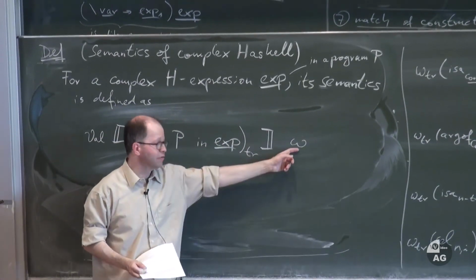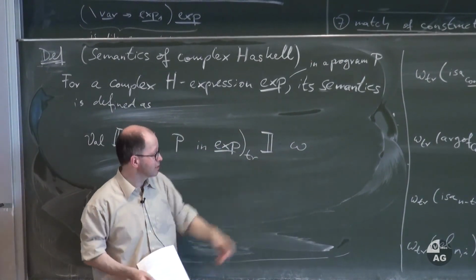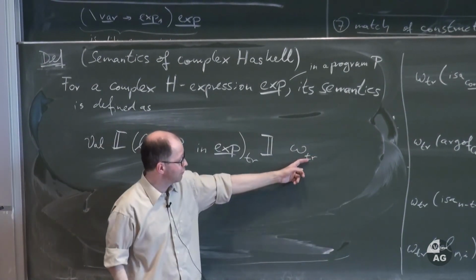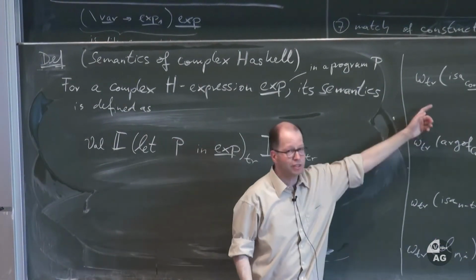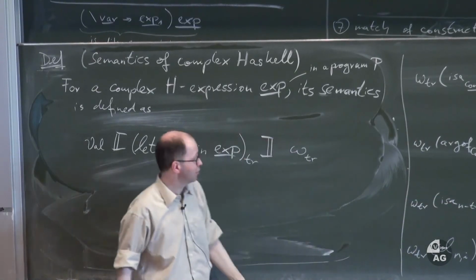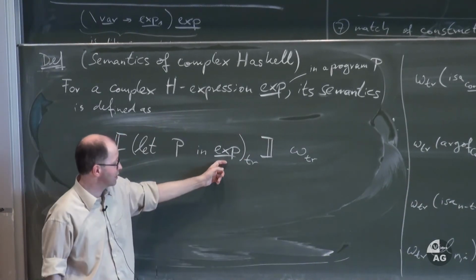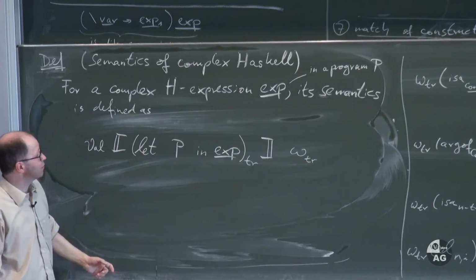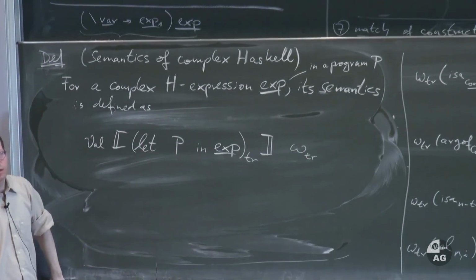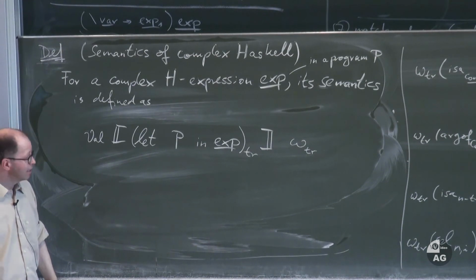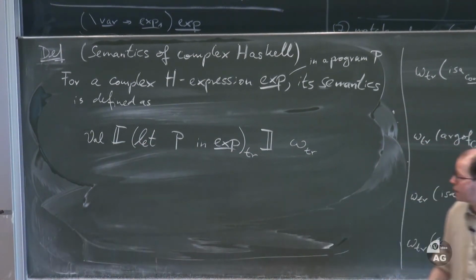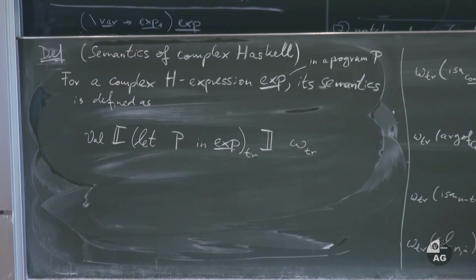Well, not in the initial environment of ordinary Haskell, but we also have to consider the semantics of these additional predefined functions. So all these predefined functions, their semantics has to be known as well. And so we take this simple Haskell expression in this environment, and this is defined to be the semantics of this complex Haskell expression in the complex Haskell program. Okay, and this transformation works automatically, you can apply these rules automatically. You can use this not only to define the semantics, but you can also use this for implementing Haskell or